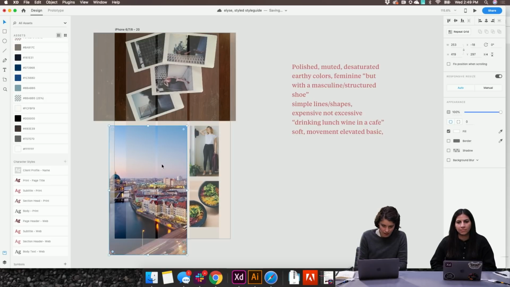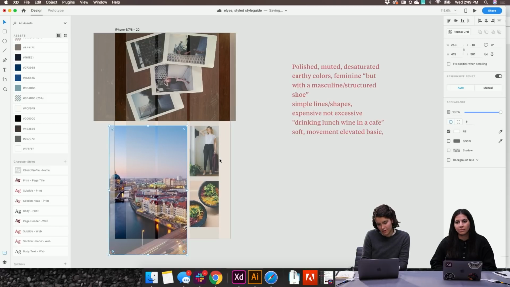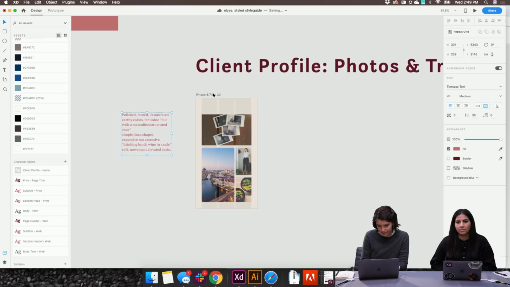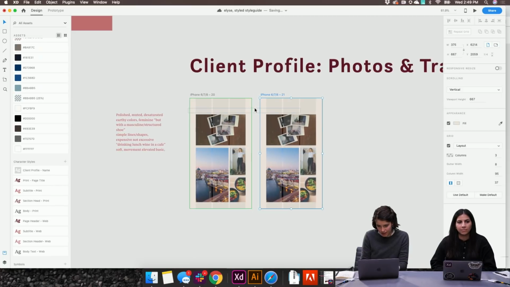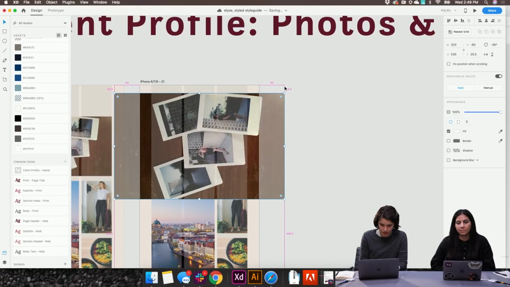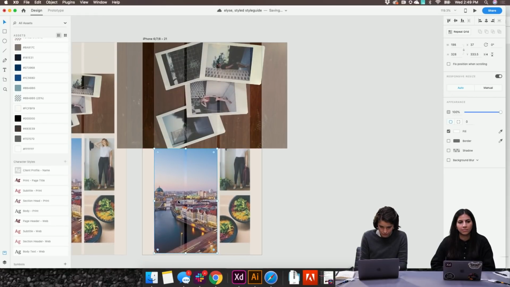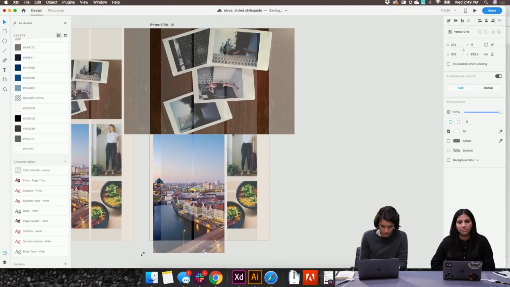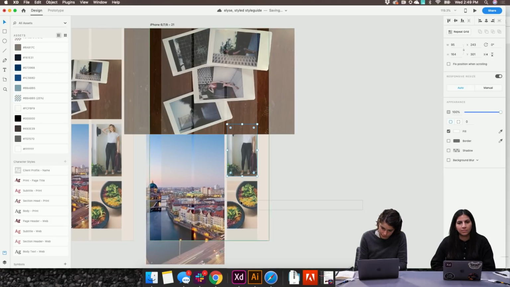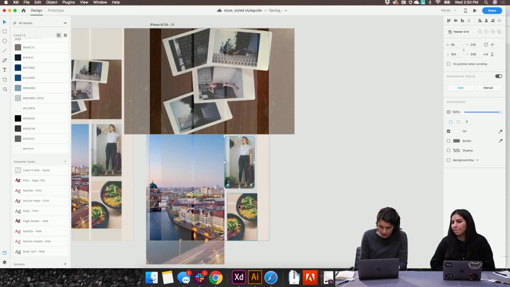I think what I want to do is, for now, keep this iteration, but I want to start to ignore the grid again. Or not really ignore the grid, but ignore the margins rather.